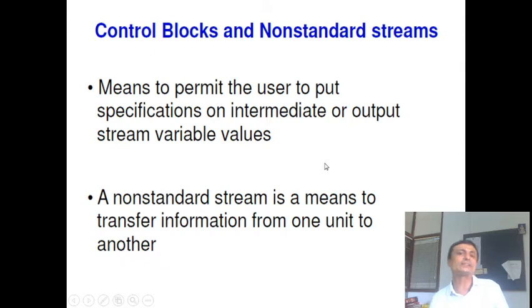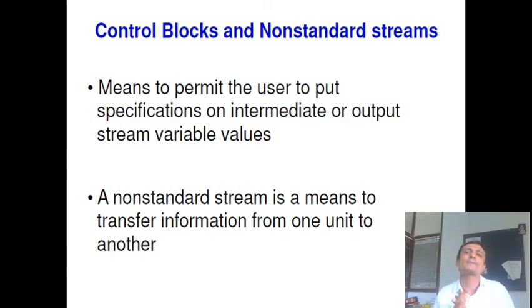The next is we'll discuss control blocks and non-standard streams. Control blocks are the blocks which will control some specifications. Say I want a specific temperature in an outlet stream, or we need a specific ratio of the reactant, or we want a specific conversion in the reactor outlet stream. Any specification we add requires a kind of control block, and we'll discuss those control blocks